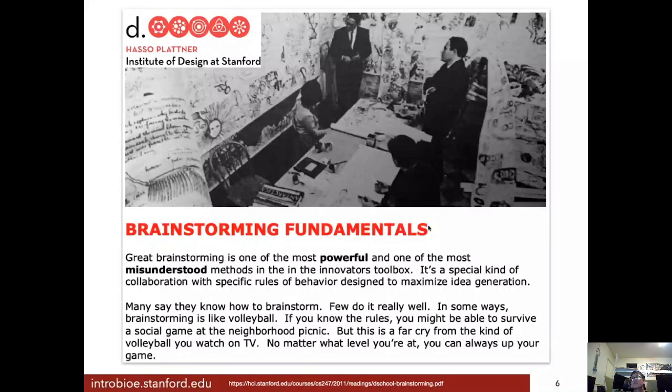So the first tool is brainstorming. And again, you probably heard about brainstorming, or at least familiar with the word. I want you to think about it though, like chess. Maybe you know how to set up a chessboard. That's pretty good, and maybe you even know how to play chess.